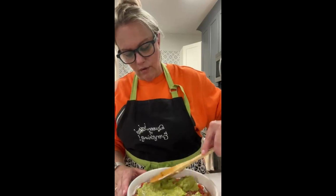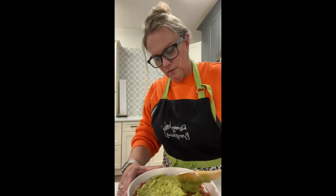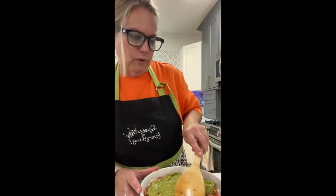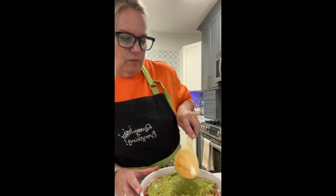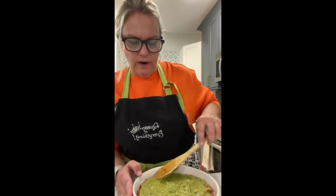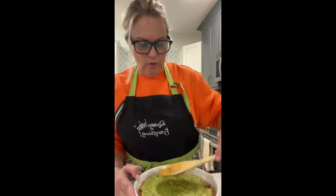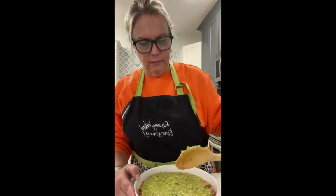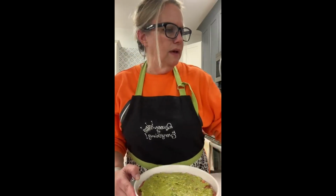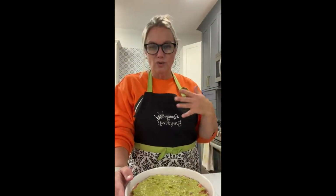And I'm going to carefully spread that over the salsa, or like I said, I made like a pico mix, so that's working out pretty well actually, so the salsa doesn't show through. So right now we've got fat-free refried beans, we've got taco seasoning, we have 3/4 of a cup of the light sour cream, we've got the pico, which could be salsa, but just need to drain off some of the